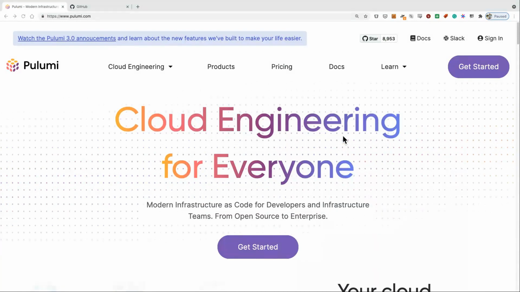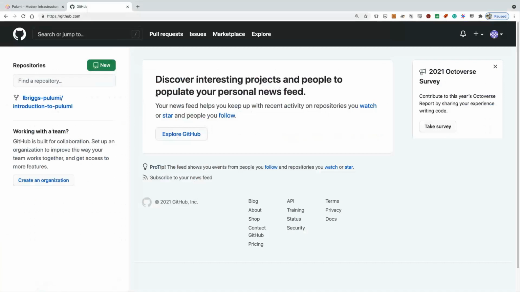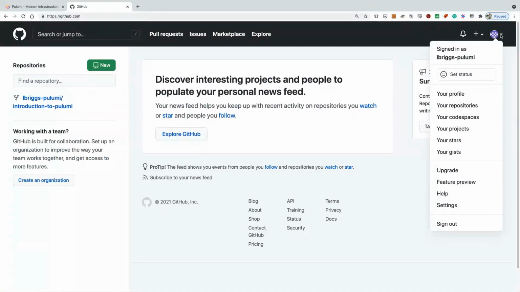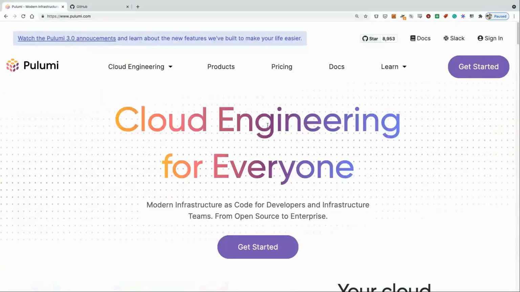First things first, we need to set up a Pulumi account. You'll see that I'm logged into GitHub as my Briggs Pulumi user, and this is recommended if you have a GitHub account. What we're going to be doing is using our GitHub account as our identity provider to configure our Pulumi user. So what we'll do is we'll head to